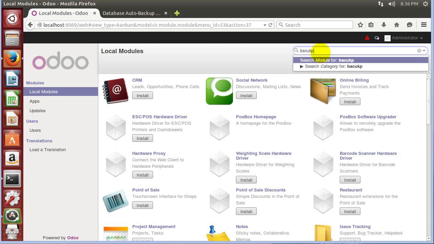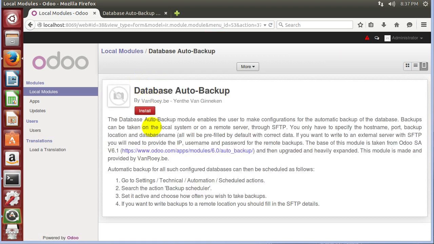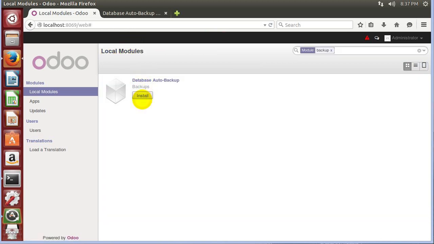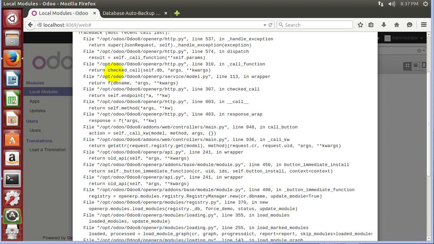If I type backup, we'll see here we got a database auto backup, and if I click on it, we can see right here, just so we want to verify that this is the right backup that we just installed, auto backup. I'm going to go ahead and hit install, and what will happen is, I expected this error, is that for